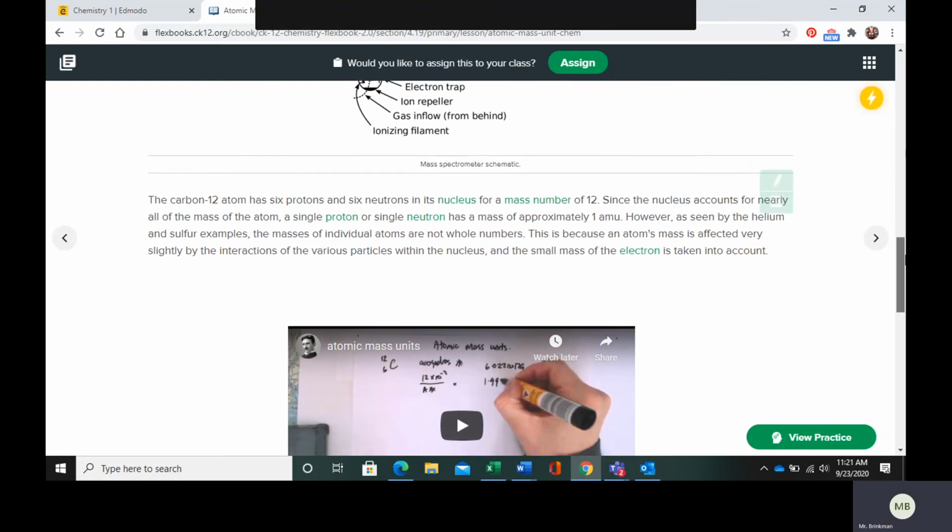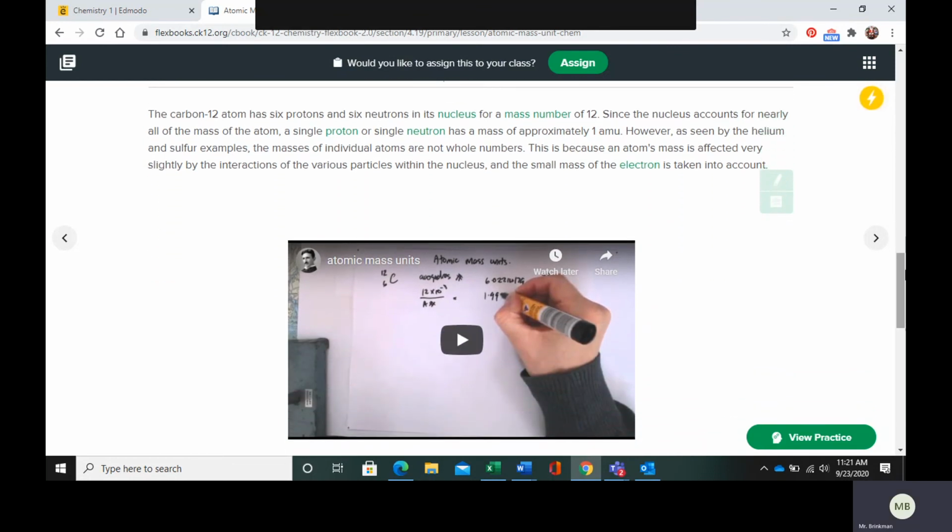So since the nucleus houses most of the mass of an atom, one atomic mass unit is going to be equal to the mass of a single proton or the mass of a single neutron. Okay,